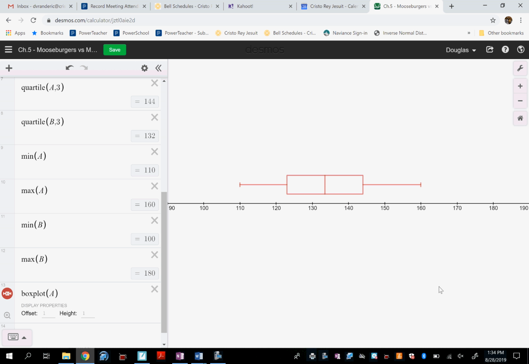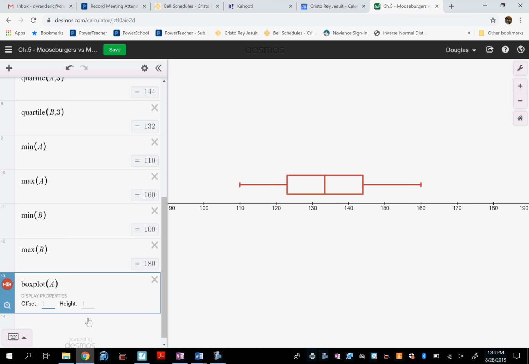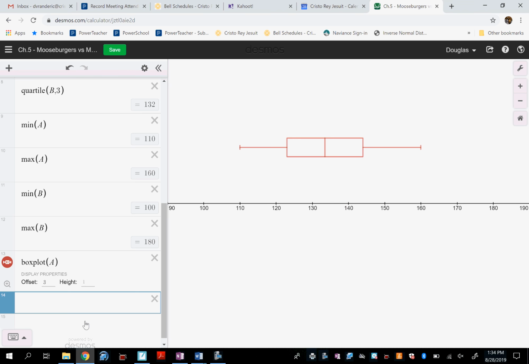Any questions on this process? Okay, now let's do the other one. And before we do that, do you guys see how it says offset underneath your box plot? Type a 3 in there instead of a 1. See how it moves it up? Because you'll see that I'm going to put McTofu's box plot underneath it. All right, so let's do box plot